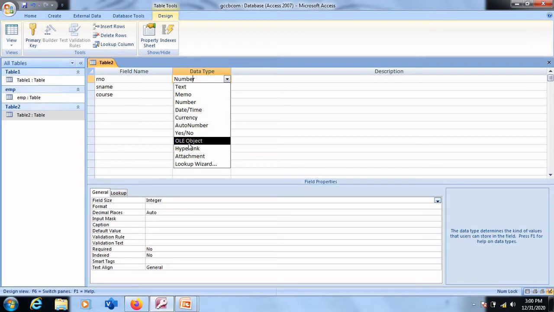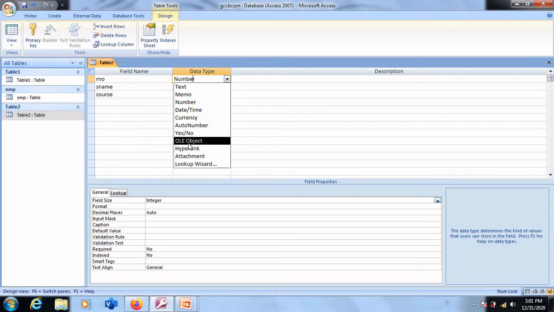Then we have something called OLE object, object linking and embedding. OLE stands for object linking and embedding. The OLE object field stores images, documents, graphs, etc. OLE object allows you to embed files created by other applications. For example, you can include a file which is created in MS Word or MS Excel.